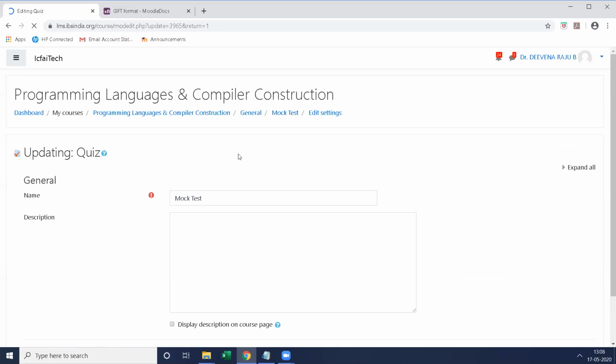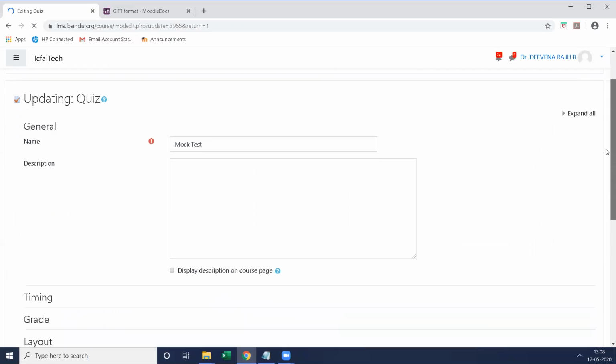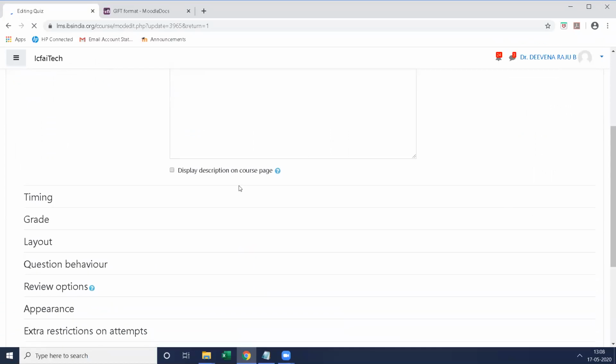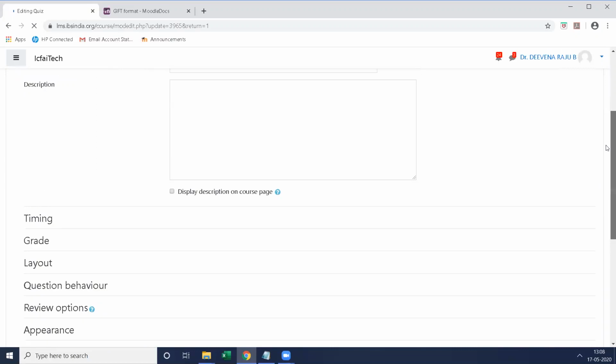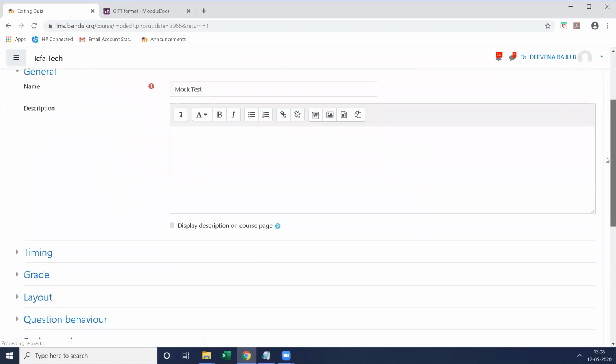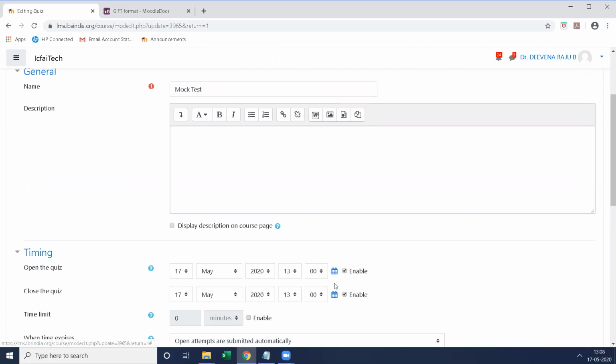Immediately it goes into the quiz mock test page, and here it shows various options. Select the timing option. If you want to conduct this test on May 25th, select the date 25th here, and it is May.